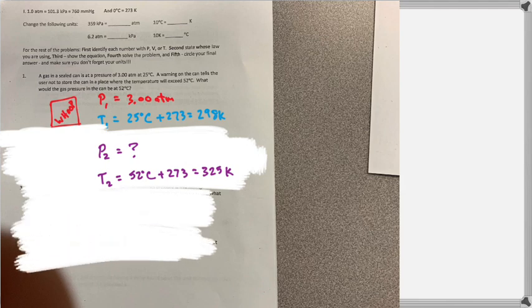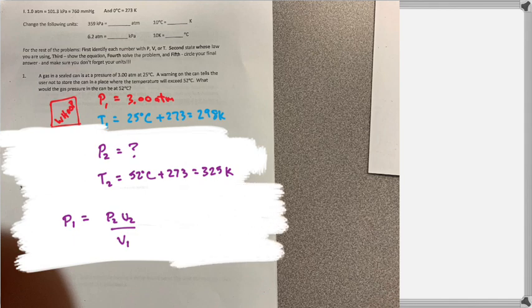What do we say for that? Said P1 equals P2 V2 over V1. That's what we said. But in this case, what did we want to solve for? P2. So what we could go through and do is change our numbers around and say we're solving for P2, which is P1 V1 over V2. Now what can I do? Do I know P1? Yeah. Do I know... Oh, I did V's. God. That's what happens when you look at the wrong formula.